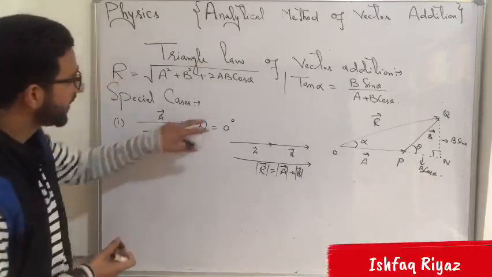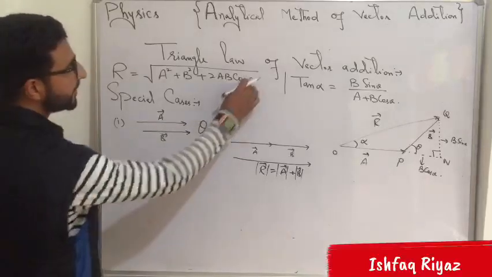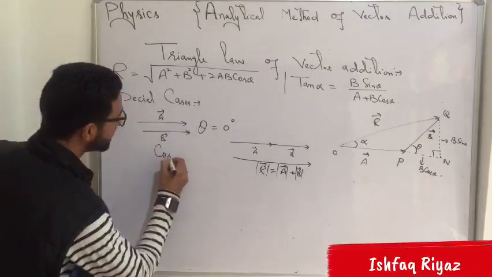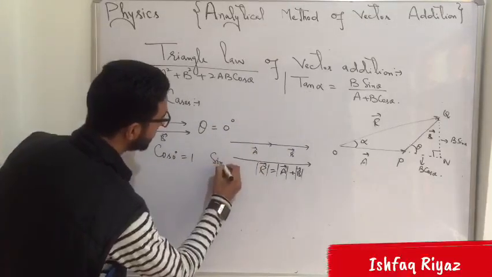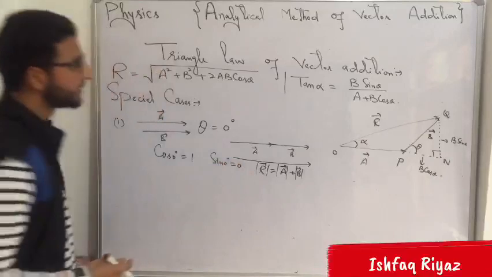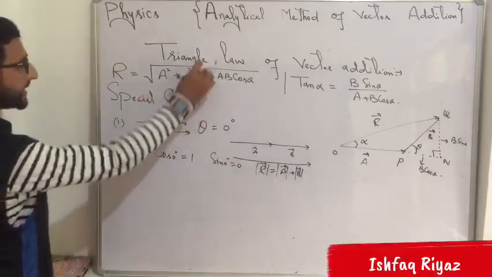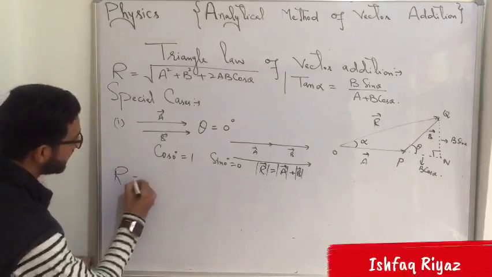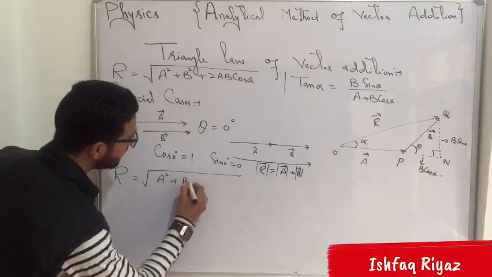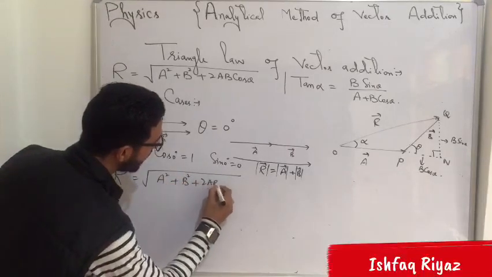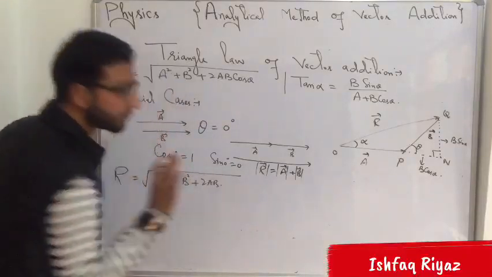Kaise? If the two vectors are like, I mean they are acting along the same direction, theta is equal to 0 degree. अब आप खुद बताओ cos 0 is equal to 1. What about sin 0? Sin 0 is equal to 0, right? So let me substitute the values. क्या हमें ये result निकलता है? हाँ. कैसे? This resultant vector R, it will be equal to A square plus B square plus 2AB. Cos of 0 degree is equal to 1. So this is equal to 2AB, right?